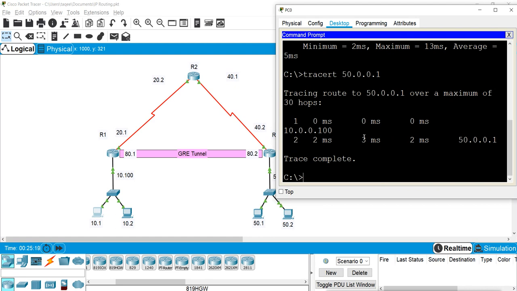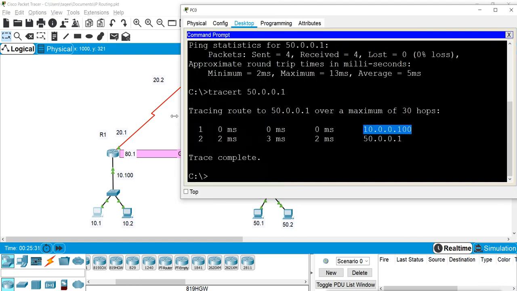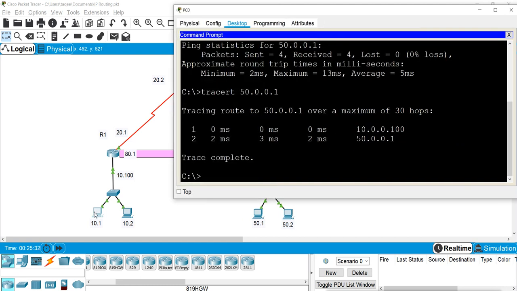So you can see it is going from where? It goes here, and then it goes directly to this. The first hop it goes to 10.0.100, this router interface, and then from there directly it goes to 50.1. It is not showing anything in between.